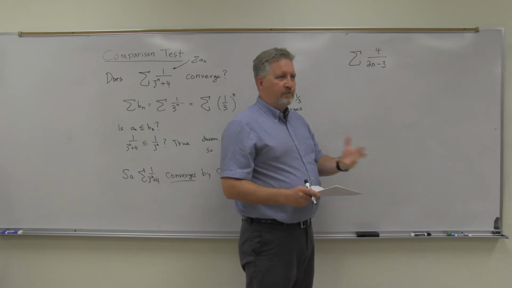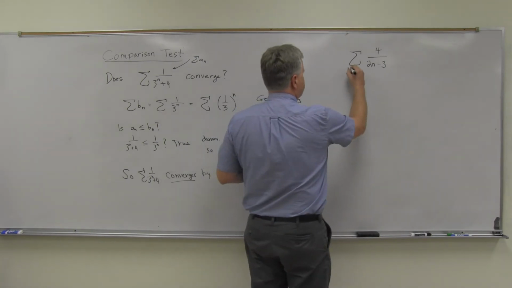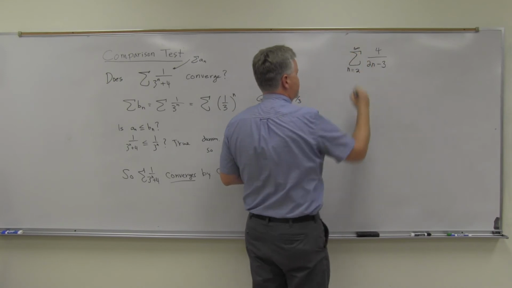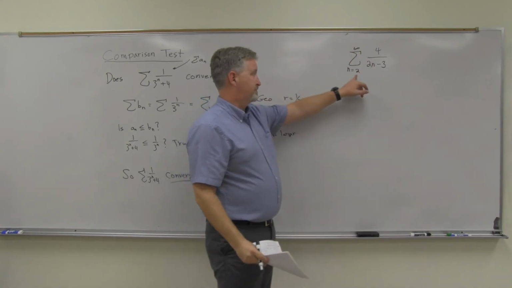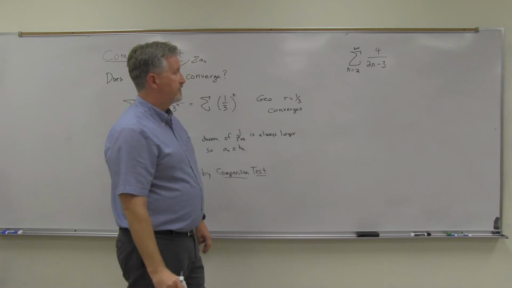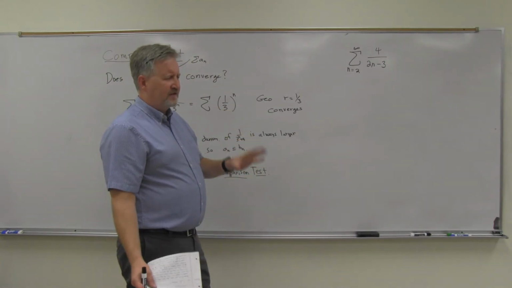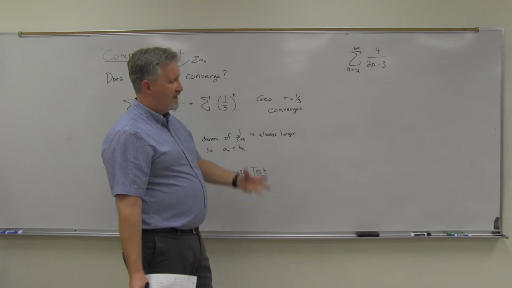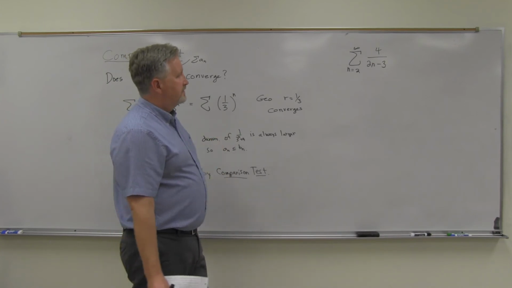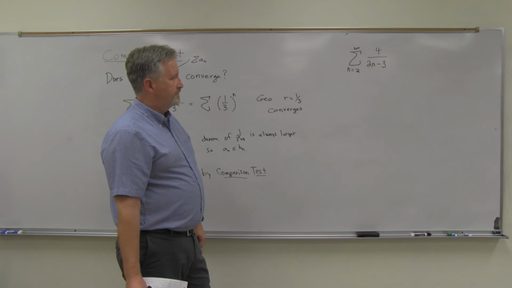Comparison test, you only want positive terms, so that's why sometimes on these you may see a small adjustment on n. Couldn't use n equals 1 or n equals 0. I mean, if it's a finite number, like I said, you can kind of pull those out and do a positive terms. But anyway,